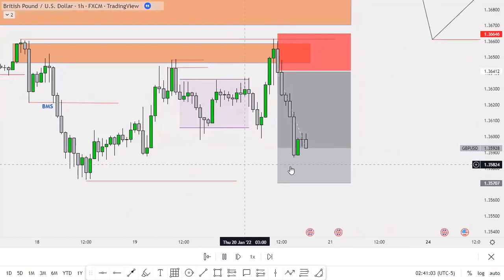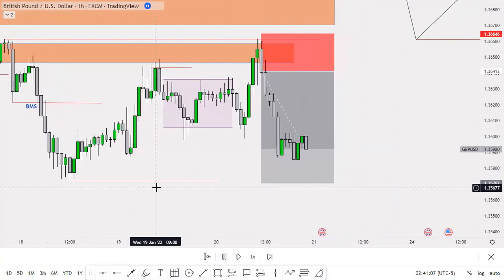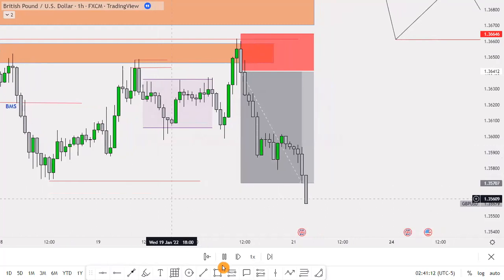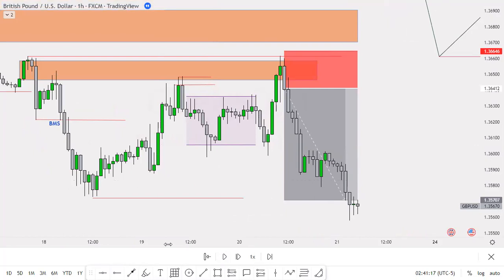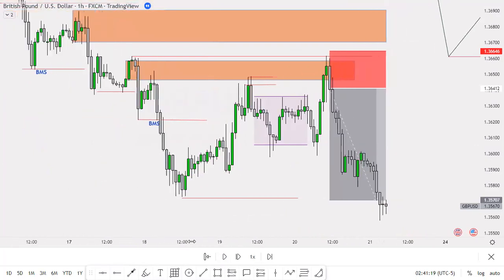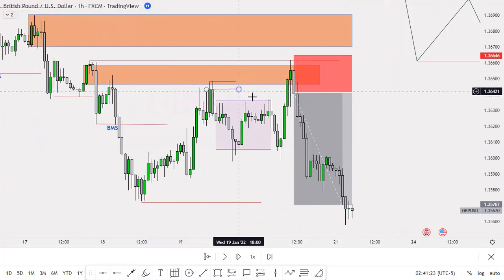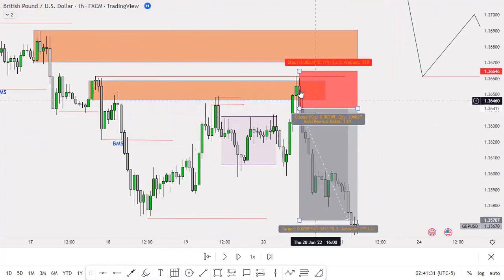Let us see what happens. There we are. You see what happens. Sometimes you may enter and you happen to be liquidity. But when you see liquidity has occurred, sometimes you may say, now I see liquidity has already occurred and the market is in my area. And where you just wait